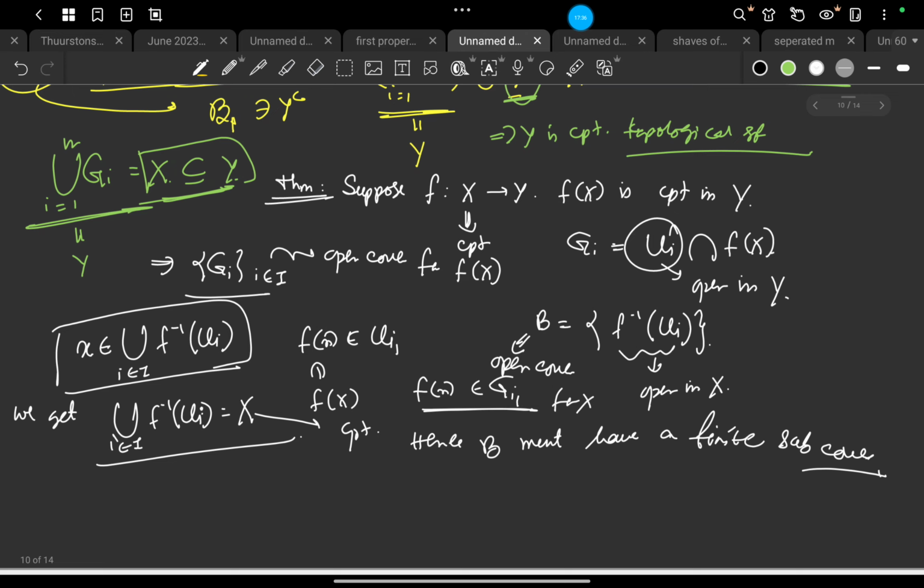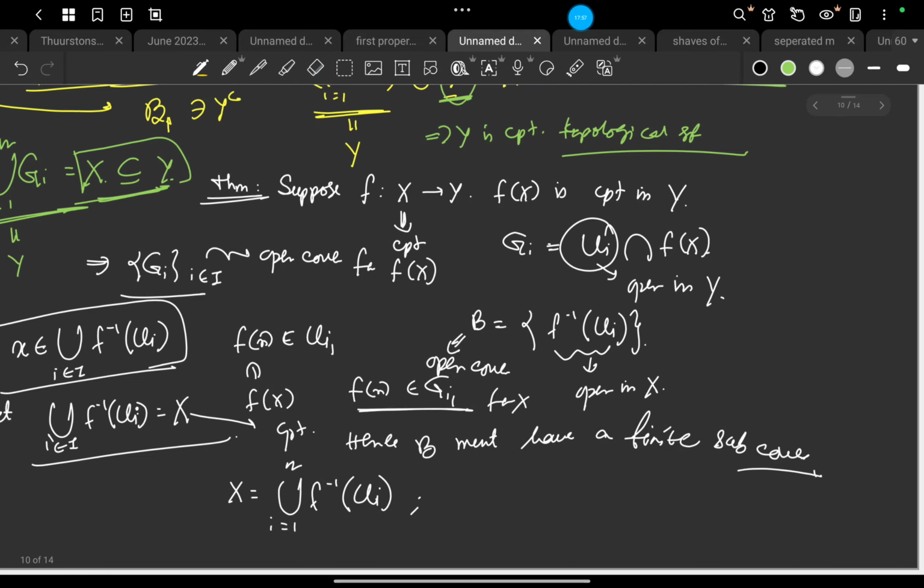As it is a finite subcover, we can write X as the union of i equals 1 to n of f inverse of U_i, sorry, not the entire I, rather taking some finite number of open sets U_i's.